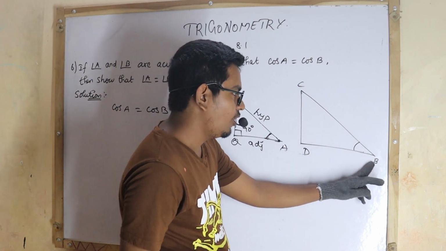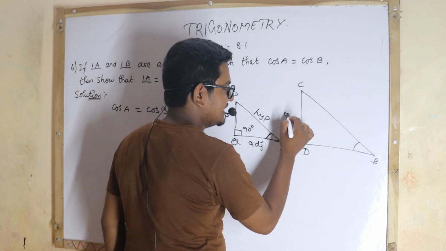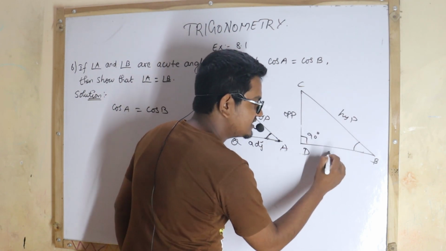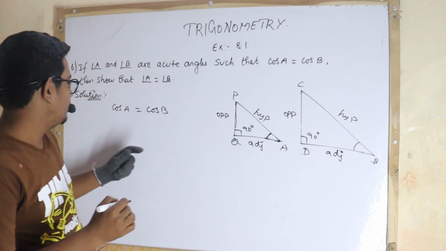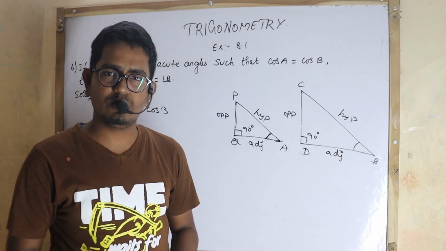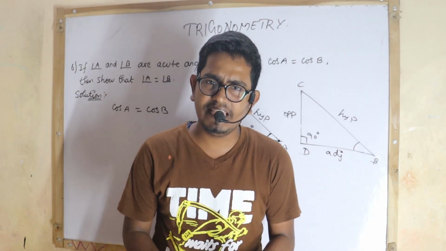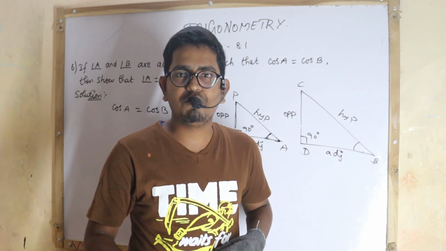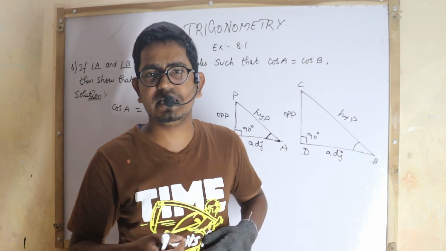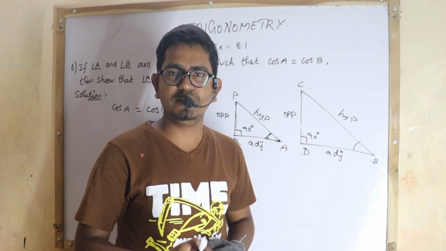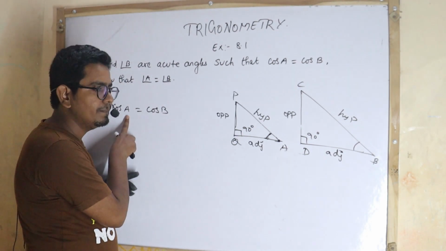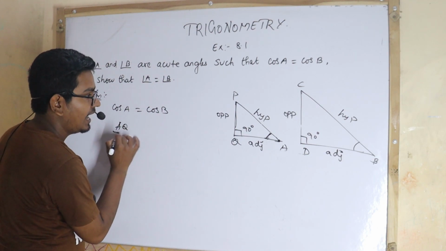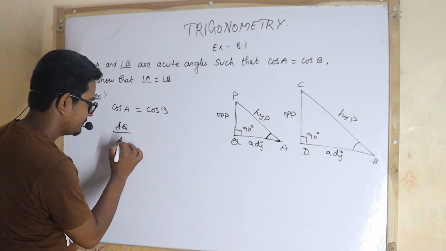Similarly, the side opposite to angle B is known as the opposite side, the side opposite to 90 degrees is the hypotenuse, and the last side is the adjacent side. Now, the given information is cos A is equal to cos B. If cos theta has been given to us, then the formula for cos theta in the trigonometric ratio is adjacent upon hypotenuse. So for cos A, adjacent upon hypotenuse, that is AQ upon hypotenuse AP,